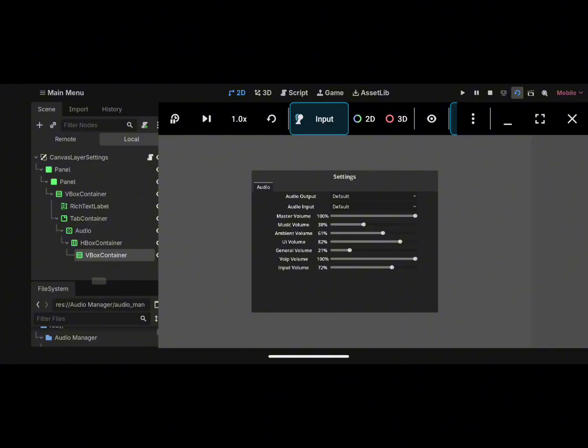Remember the microphone input, so I will hold my finger down and say something and check if my audio is being recorded. Okay, so for example,